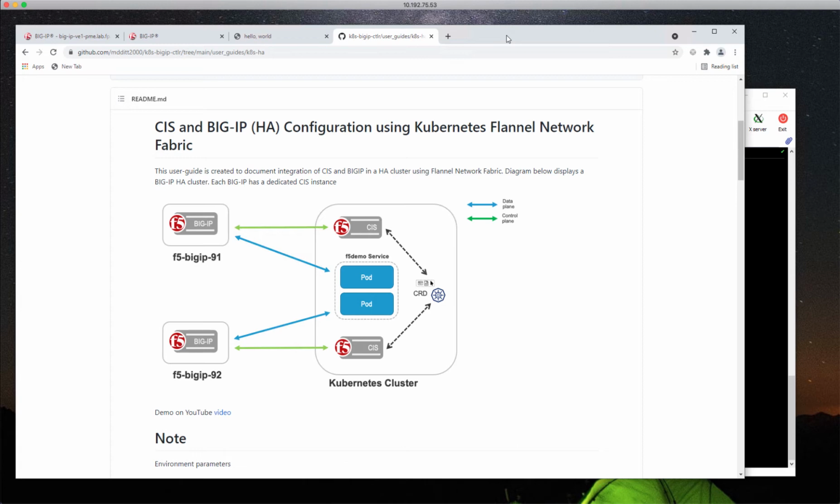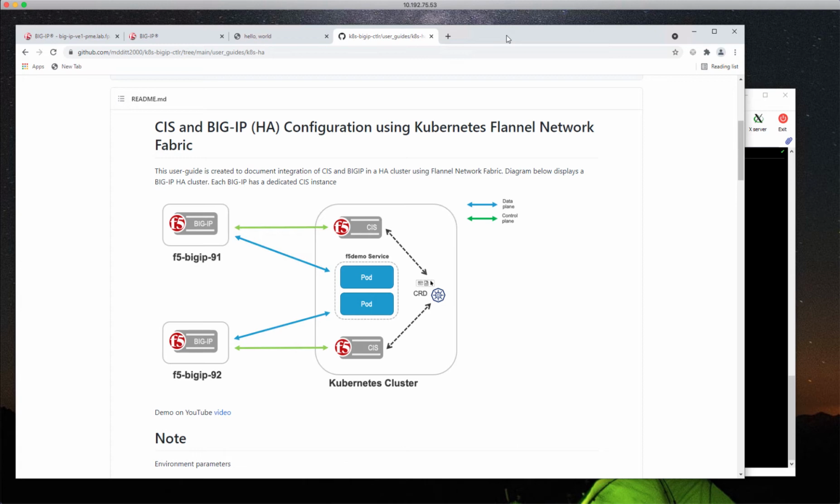And the reason is because Flannel is an overlay fabric that is using VXLAN. And within VXLAN, we have something called a VNI, which is really our specific forwarding network, if you want to call it. And we don't want to go into too much detail about VXLAN in this demo, but what's really important is the configuration